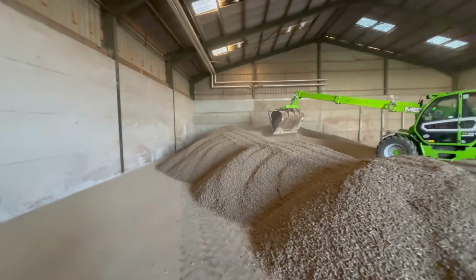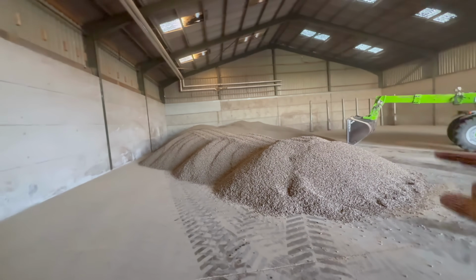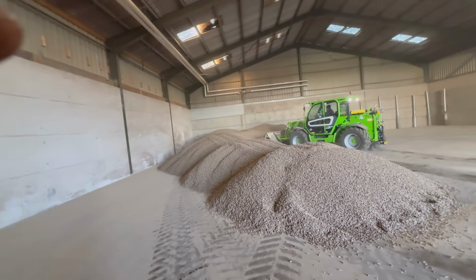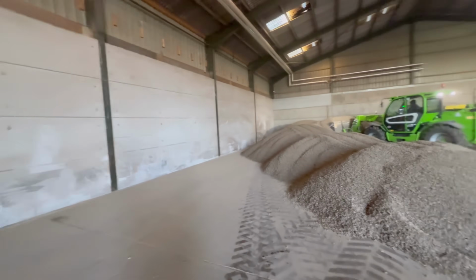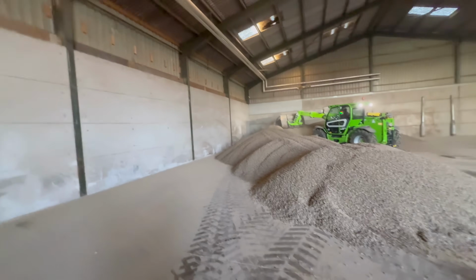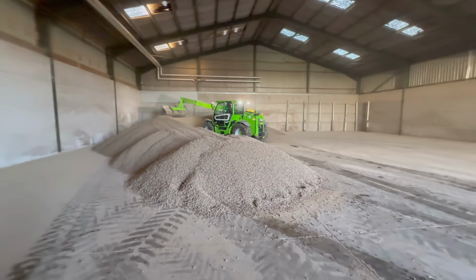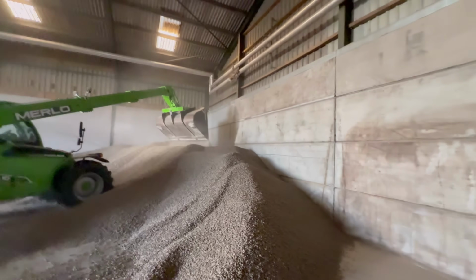So many 3 load arrived already. This one got tipped in front of the first one rather than to the side, because Reese was guiding the wagon back while John was weighing the next, and he didn't realise to put it in the wrong place. So I'm going around with chalk and writing zones on the wall and a little map so that you'll know where to tip in future. If we say tip it at number 3, you'll know where 3 is. So 1's that corner, 2's there, 3's there, and then we